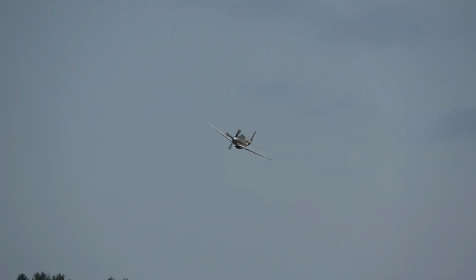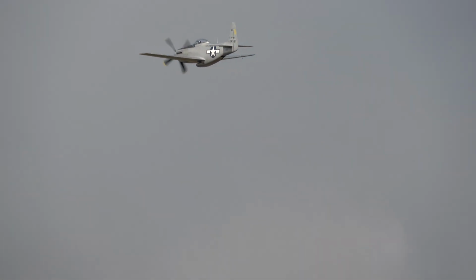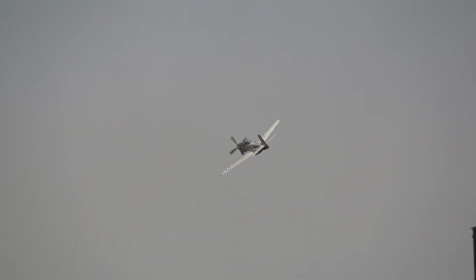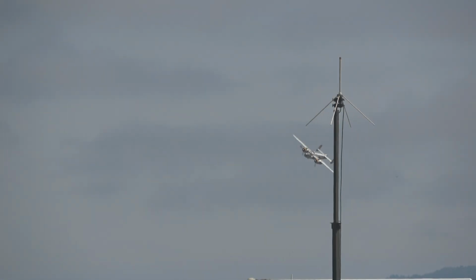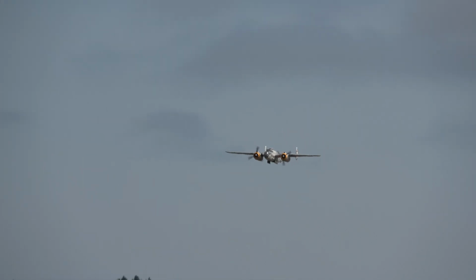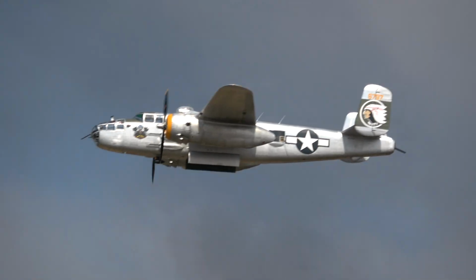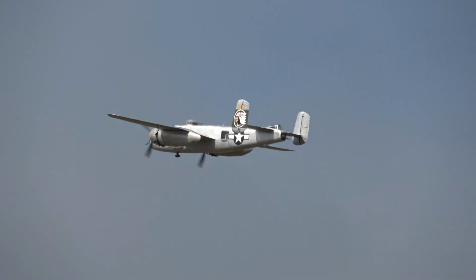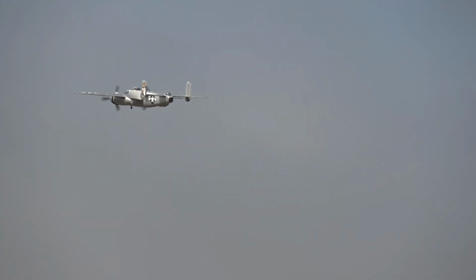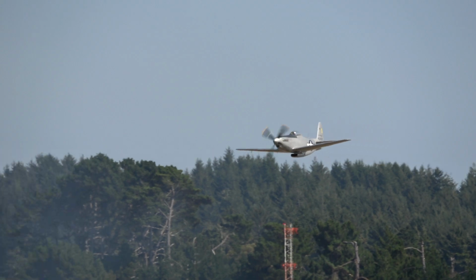Cruise speed of 200. The last model type built, take a look at it. Taller tail, American Aviation was asking. Merlin engine, it can produce over 2,000 horsepower for brief periods of time. It was the